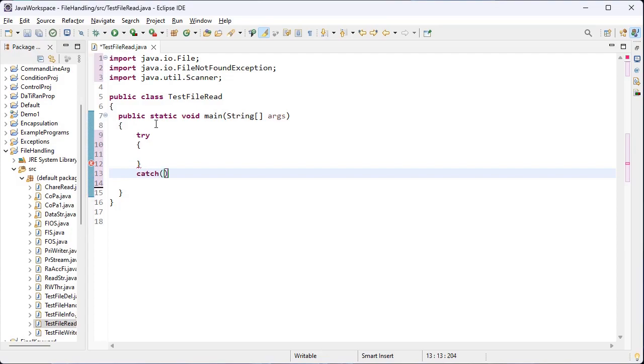So inside the round brackets I gave the FileNotFoundException inbuilt class, and the variable for this class, whatever we want we give. Here I give FE. Okay,